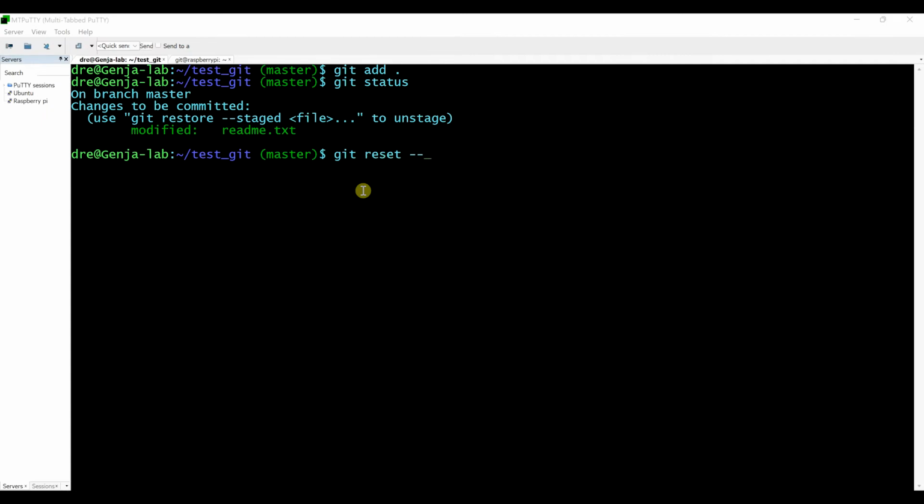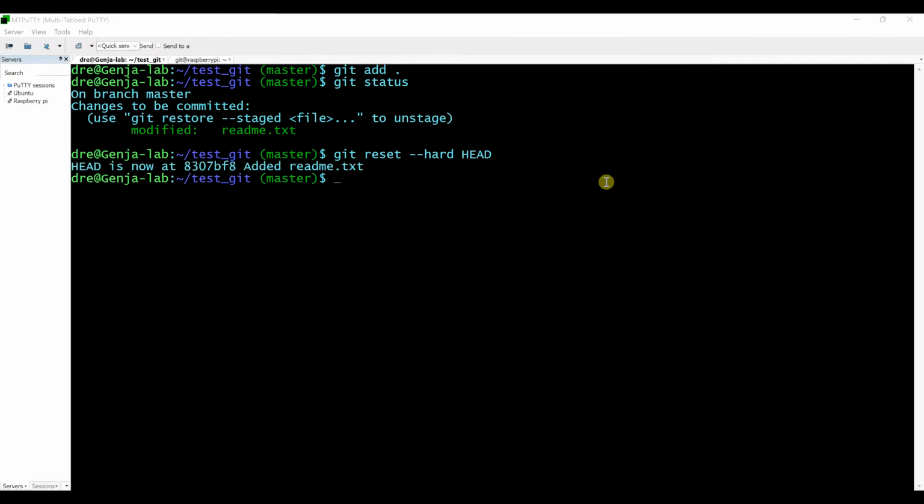So you've got hard. That will basically delete the index files and the working tree. The working tree is basically the unstaged files, effectively. So I'm saying reset hard on the head. So when I reset the head under the file, it basically just moves the file from staged to unstaged. When I do this,